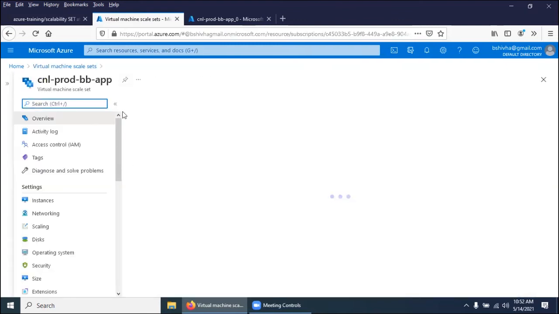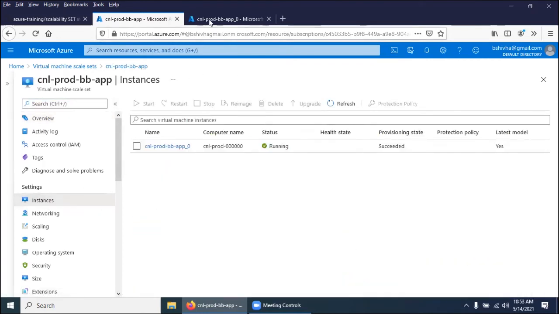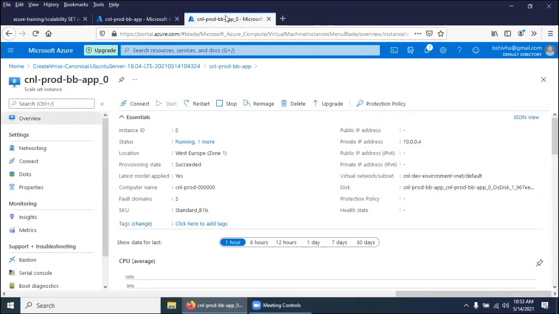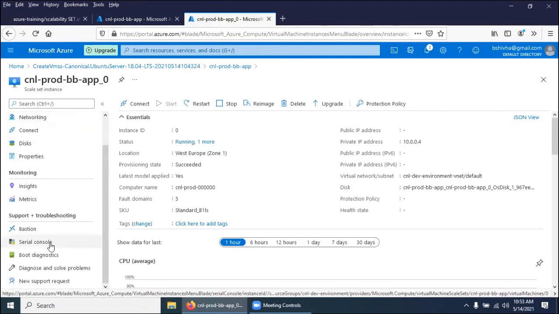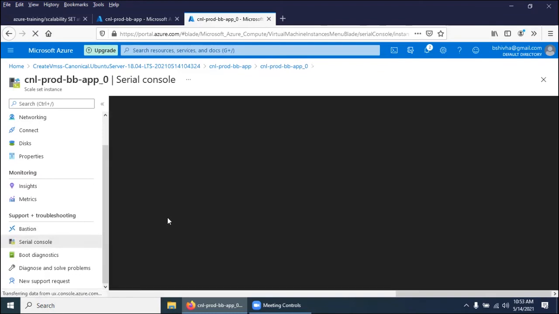So you have now one window on the instances, and another window where you went inside the one running instance. Come down, there is a serial console. Go to serial console. We are going to give the load.